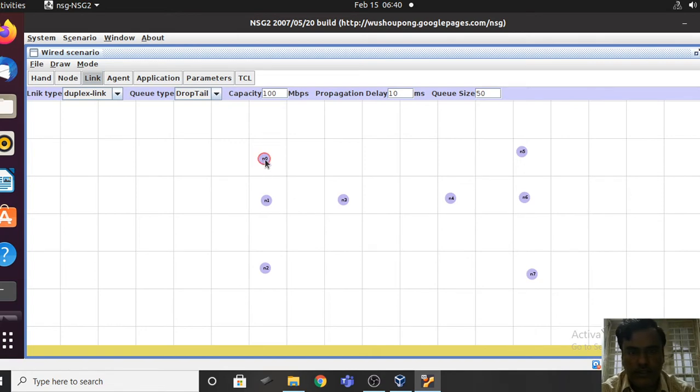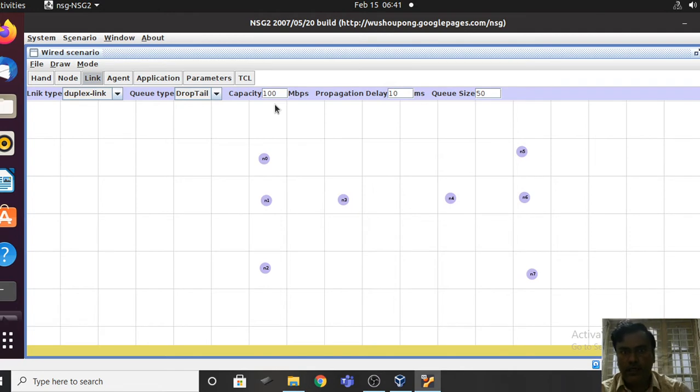So this is the first node. For this common channel, I'm going to give less capacity and queue size when compared to the other.